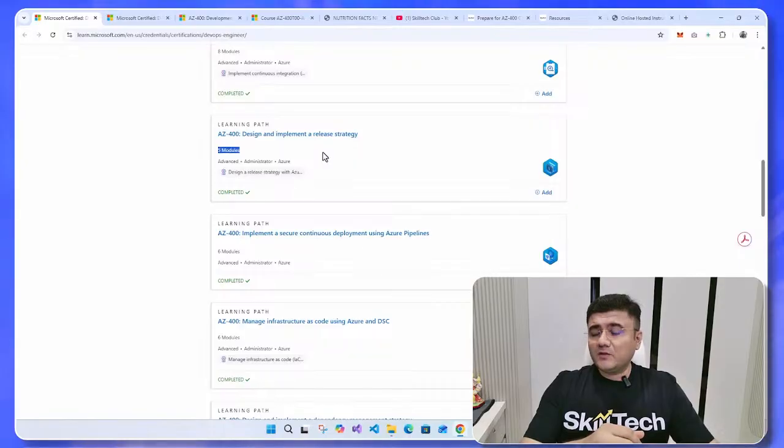So basically we have something like alpha-beta configurations done for this. So we have A/B testing. We have something called feature toggle. We have something called ring-based deployment, or what we call progressive exposure deployment. Now, these are different methodologies or deployment patterns which you have to keep in mind.